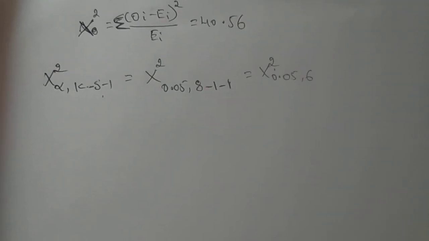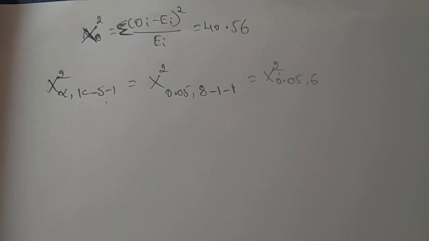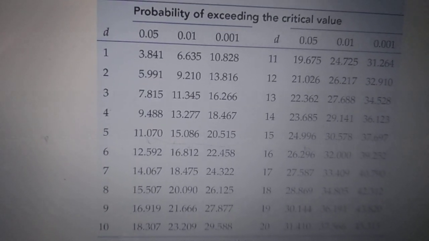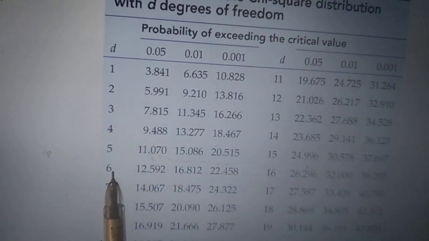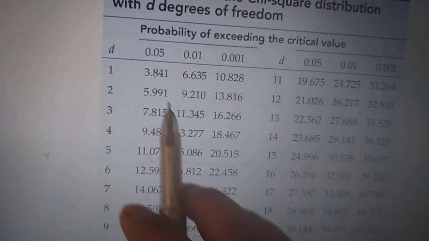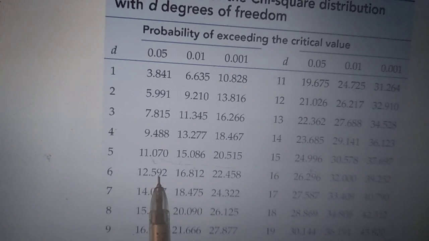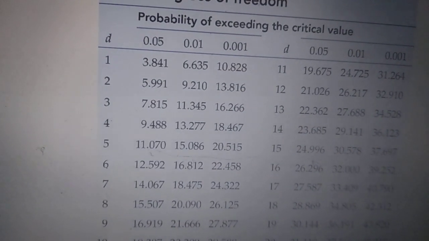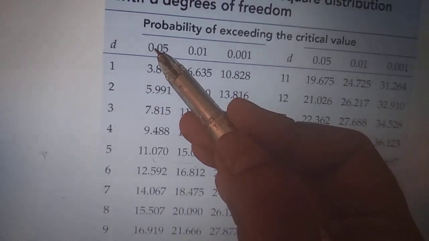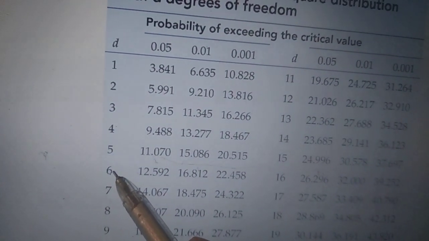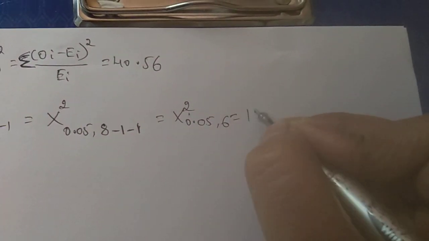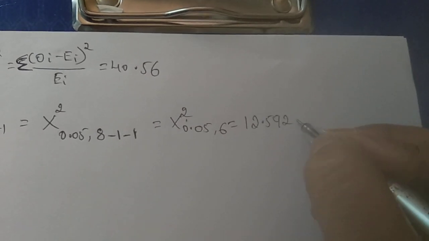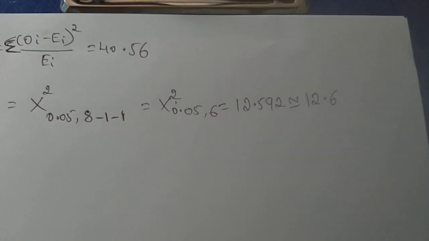And yesterday I showed you the table. In the same table you have to find the value for this one. See, this is the chi-square table. In the exam it will be provided. See, what is the alpha value? It is 0.05. Then it is 6 that we have calculated. So 0.05 in 6, 12.592. You check the alpha value here, 0.05, and then the parameter k, that value is 12.592. Approximately I'll take it as 12.6.